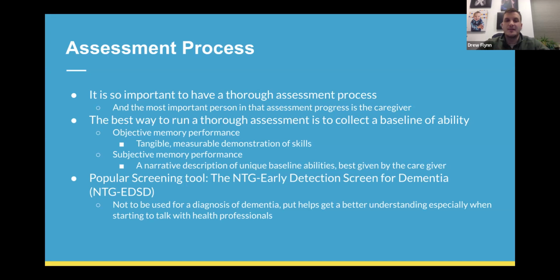So the best way to have a thorough assessment is to collect a baseline of ability. So what does that person do